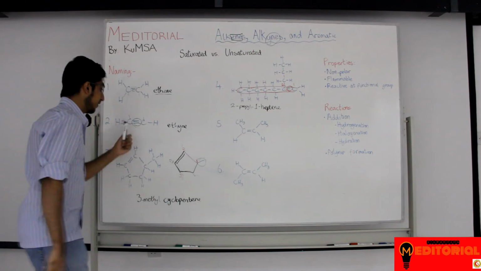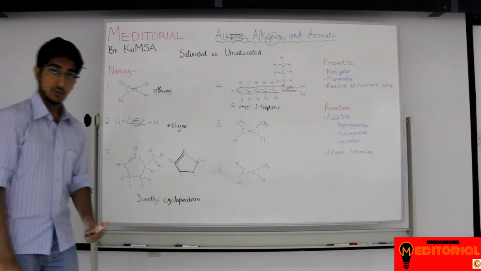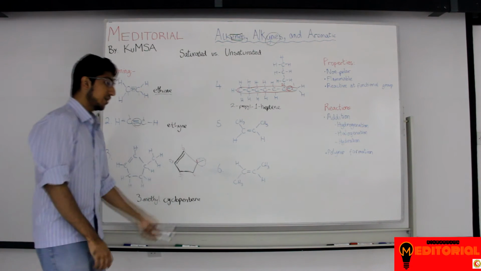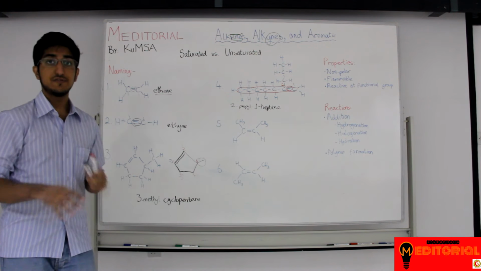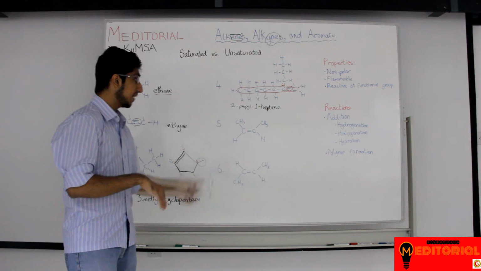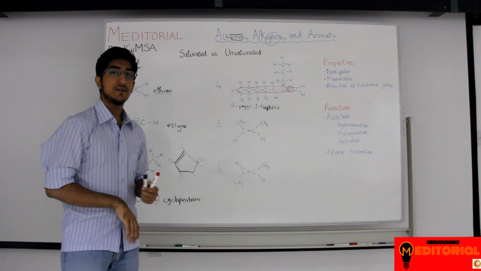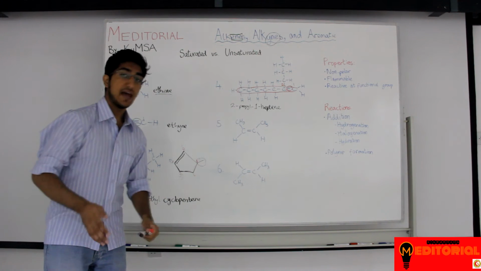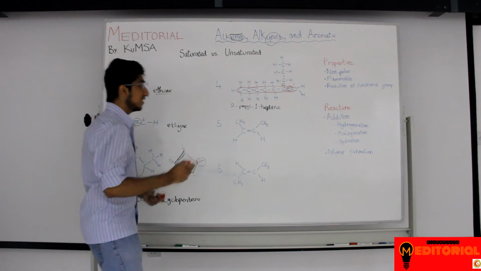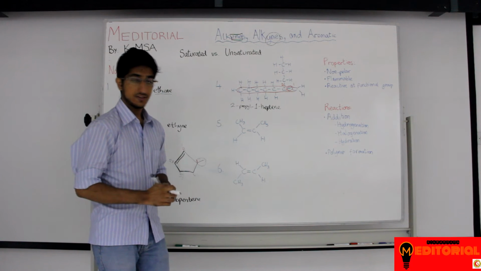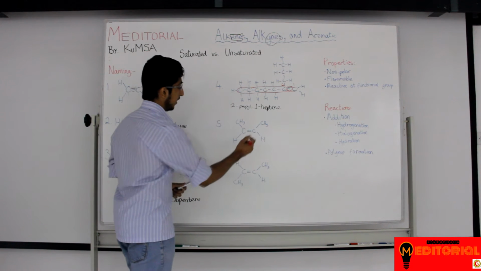And these rules apply to alkynes as well. However, number 5 and number 6 are exclusive to only alkenes. The next 2 examples, 5 and 6, only happen when you have a double bond. They will not happen anywhere else. And this is the cis and trans isomerization. What do I mean? The double bond